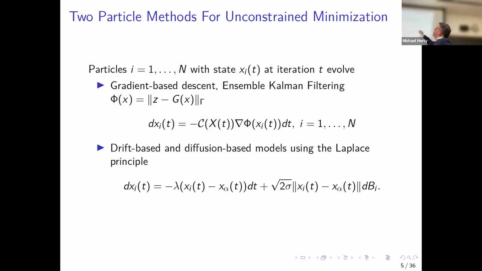One of them is Ensemble Kalman filtering. So you see that the particles move in a deterministic way. They communicate through the covariance matrix, and it's written here as a gradient in order for you to see that there's actually some hope that this method would converge. But if you look later in the derivation, you see that the gradient does not appear explicitly. It's a trick to reformulate it like that, but the method is effectively gradient free. The other method